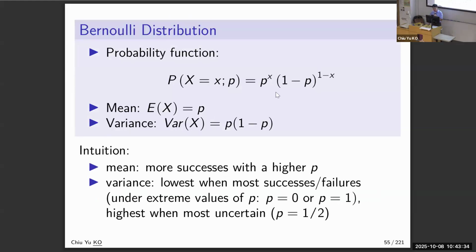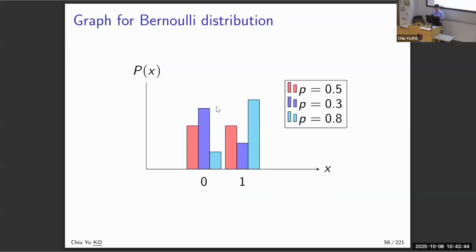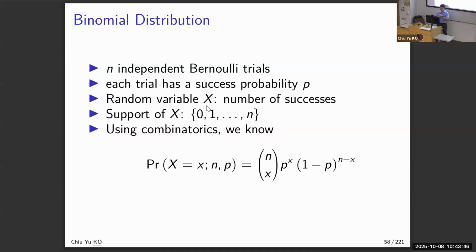And the P will be given by this rather not very beautiful formula there, and we also have the mean and variance to describe the big P. And after that is binomial, which is the single most important thing, because this is closely related to the normal. And you can imagine a binomial would be the one that